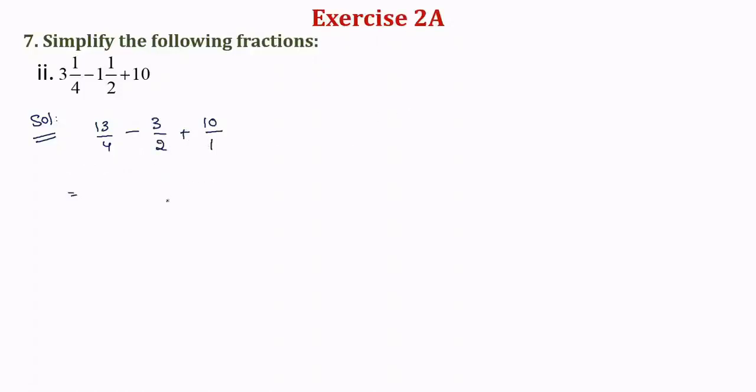This is 4. You check it, 4 comma 2 comma 1, 2 2s are 4, 2 1s, 1s here, 2 1s, 1s, 1. So 2 2s are 4 is the LCM here. So now you can write a common denominator which is equivalent to the LCM. So now 4 how many times it divides? 1 times. 4 1s are 4. So 13 into 1, 13 here. I am not writing, just multiplying.